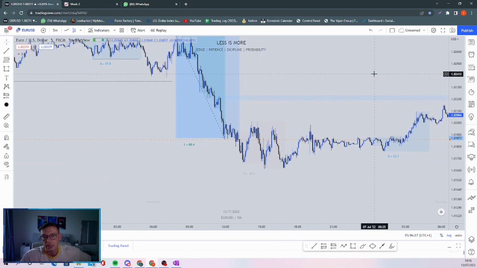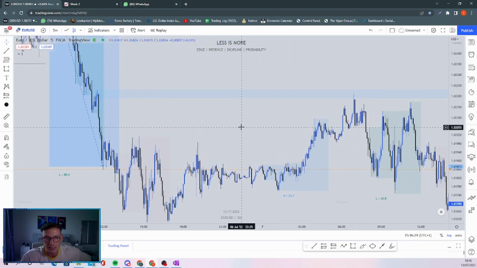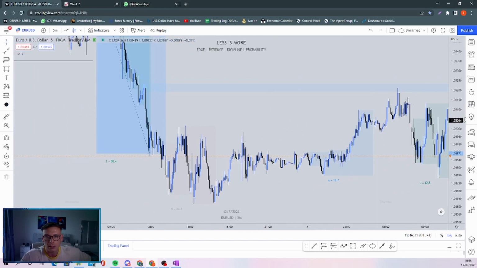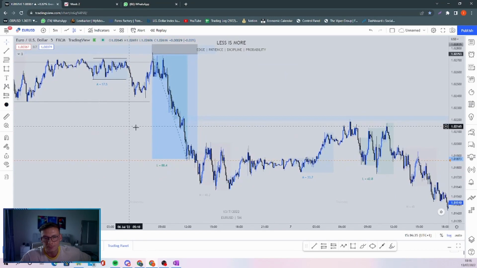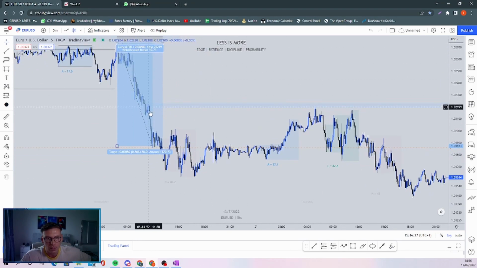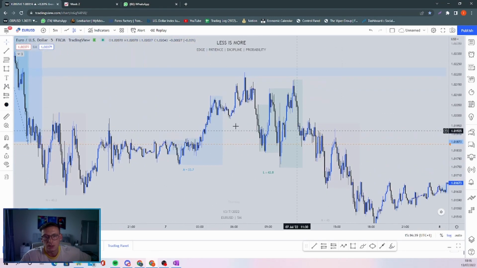All right, we're going out to the next day. So now we're on the next day. Okay, cool. So understanding where we are in terms of this range, we've made a new lower low. Lower highs, lower lows. Looking at this range here.